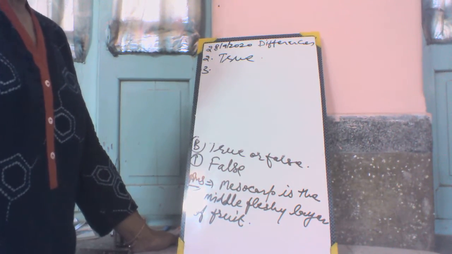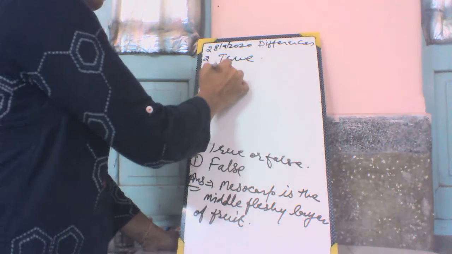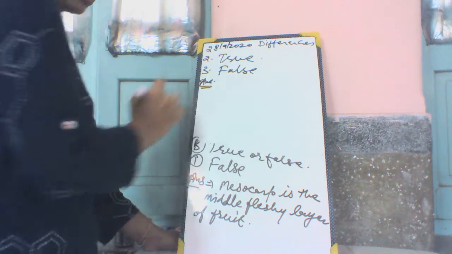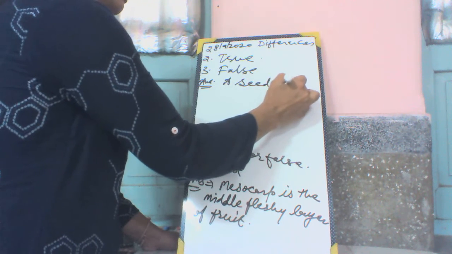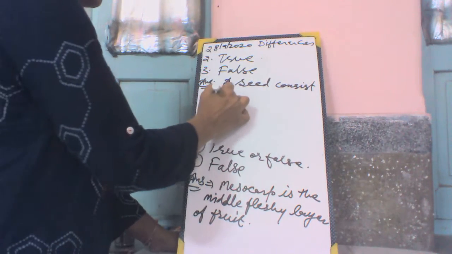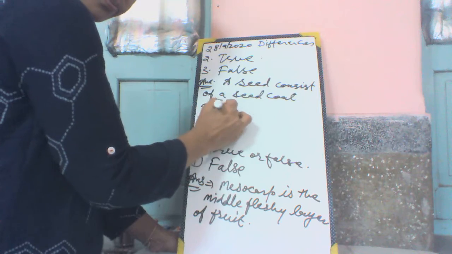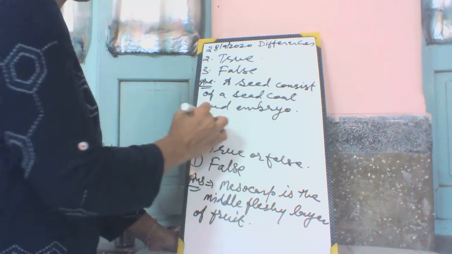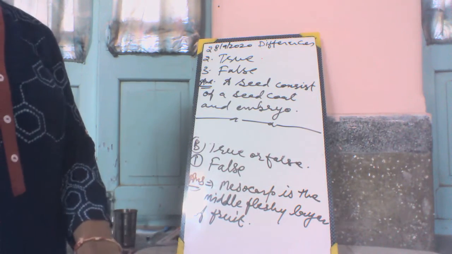The last one is a seed consists of a seed coat, embryo and cotyledons. It is false. We have to correct it and the answer is a seed consists of a seed coat and embryo. These are the answers of true false. After that,